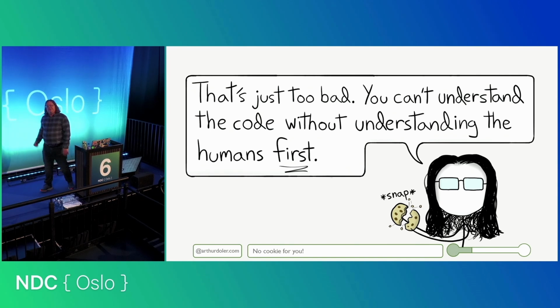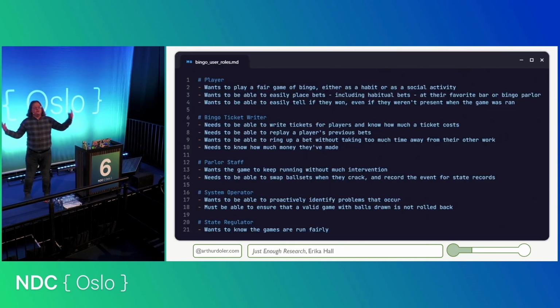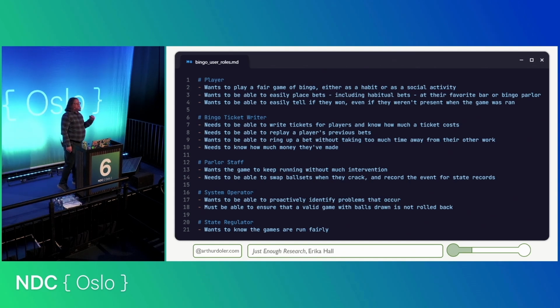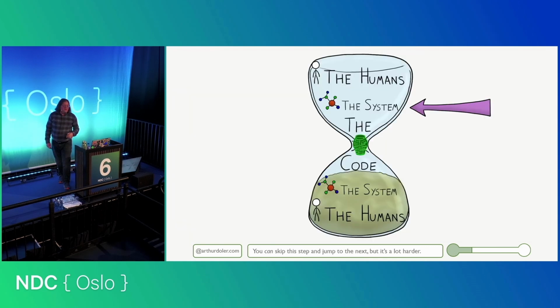So your output for this stage should basically look something like this: a set of roles in your system and the goals that they have when using your software. You can stay pretty high level, but it really helps to have this concrete. It's not going to be complete. You are going to discover things as you go through the code and say, wait a minute, that means they must want to do this. Or at least somebody told the previous developer they want to do this. So this is fluid, and it should stay fluid, but it's something that you can start to work with.